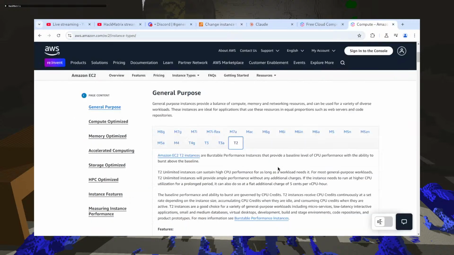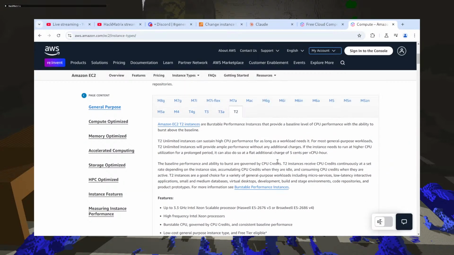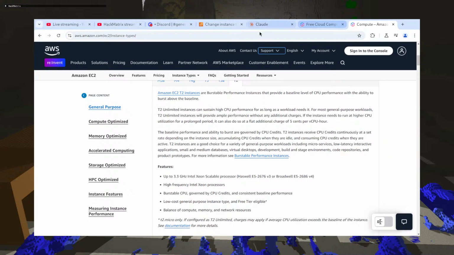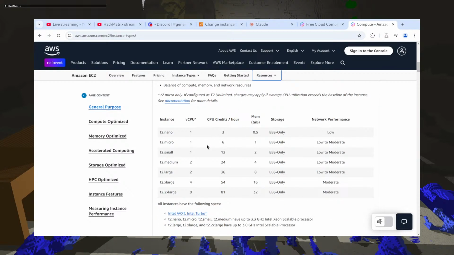Okay, so let's look at this. Burstable. Was it a T2? Oh, a T3. Yeah, this is a single CPU. Oh, a T2 medium.